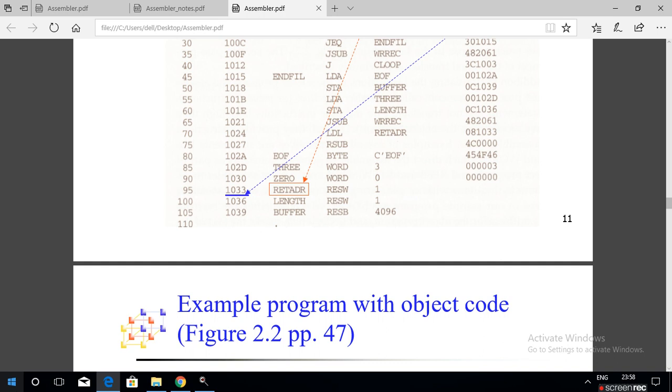Lastly, we have to find the length of the program.